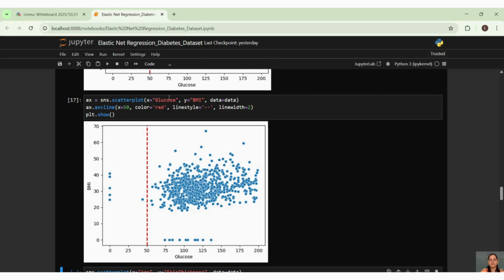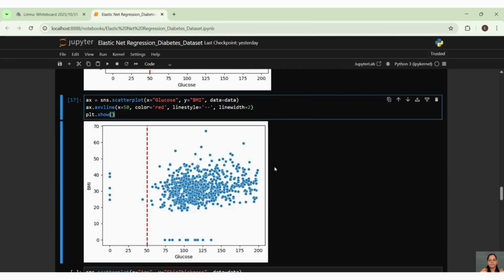Here I can again clearly see from this chart that people who have more BMI tend more towards glucose. It is still visible in this image, right? The high concentration is above 30.